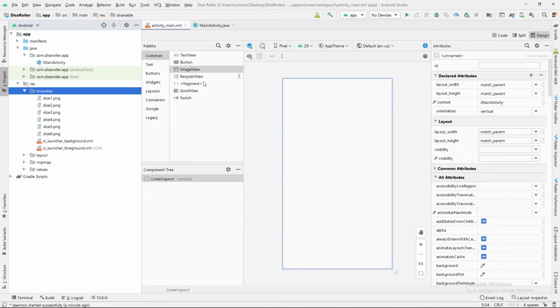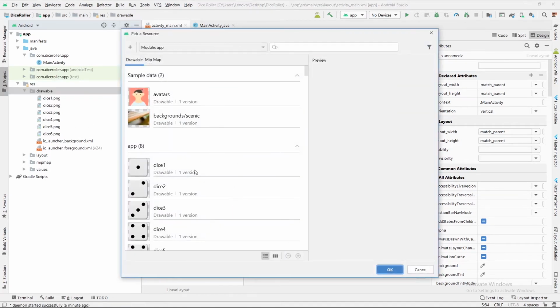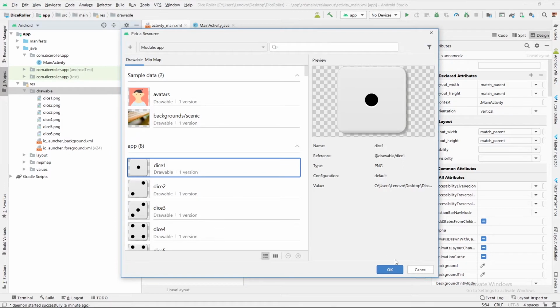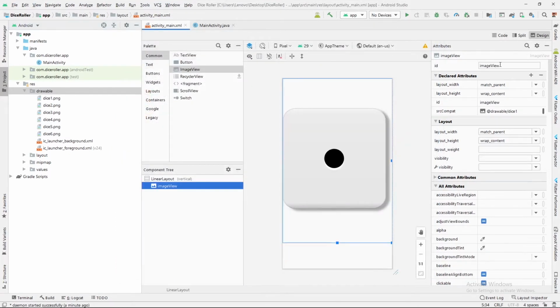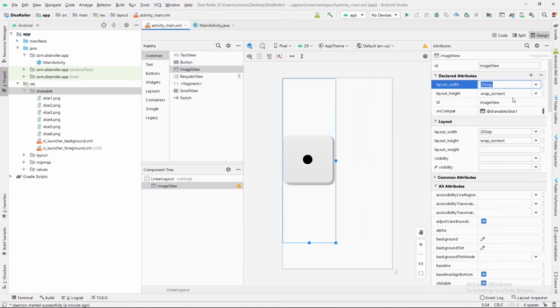Just after this, I will drag one image view inside your main parent layout activity. And now let me reduce the size of this image. So we will set it as 200 dp width and 200 dp height.